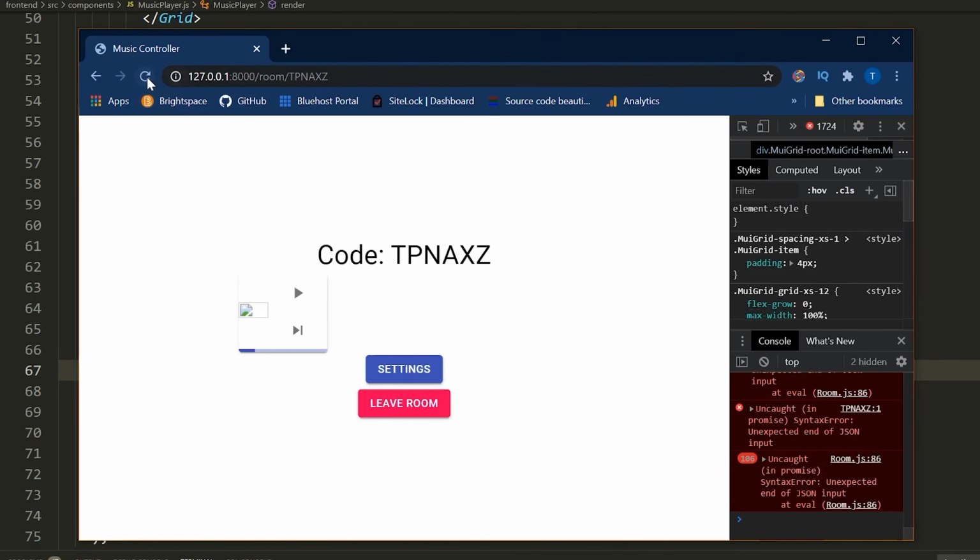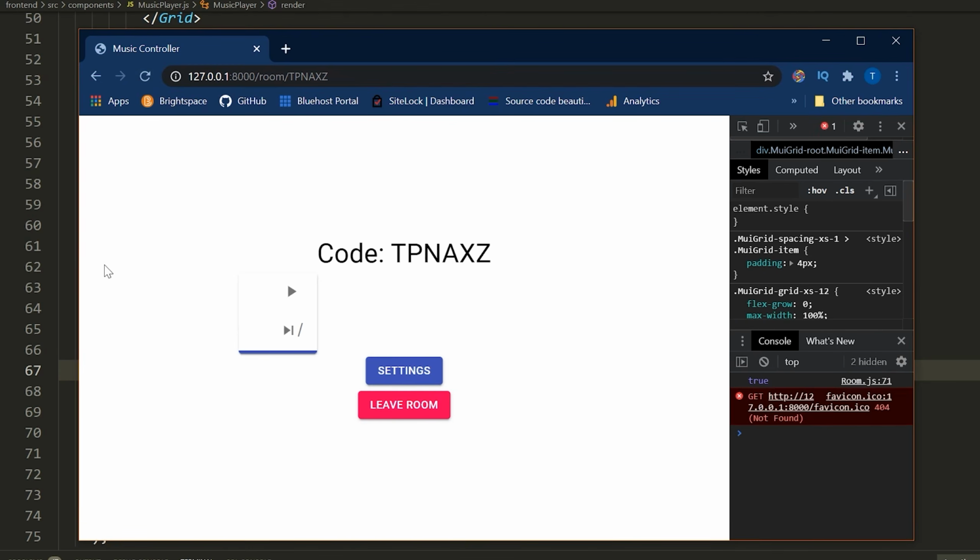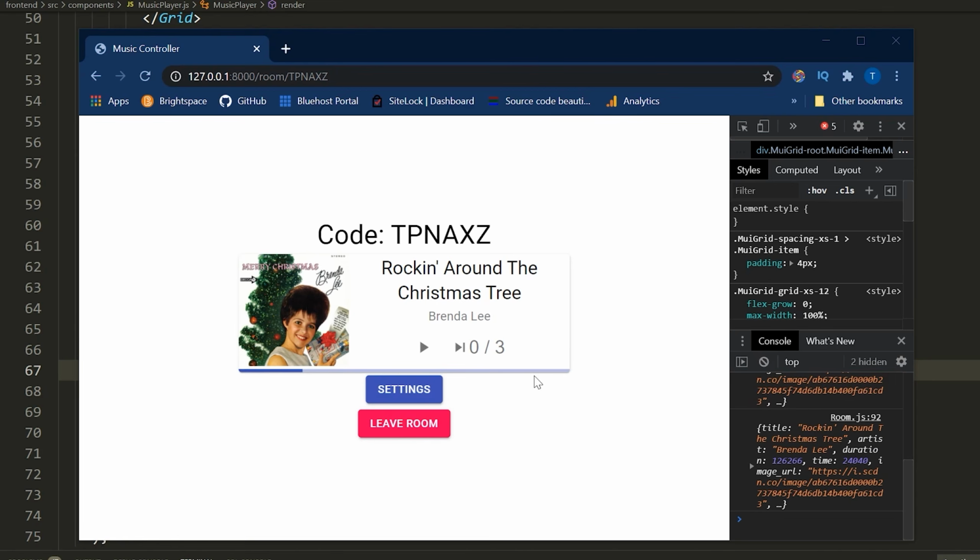Anyways, let's refresh the page now. I'm going to do an empty cache and hard reload. You can see the slash is here with no information. Now let me just play and pause a song. And there we go. Now we have 0 out of 3. Now, you can argue whether or not you like how this looks. You could also just put a number beside here that says something like 1 or 2 or 3, but then you wouldn't know how many votes were required.